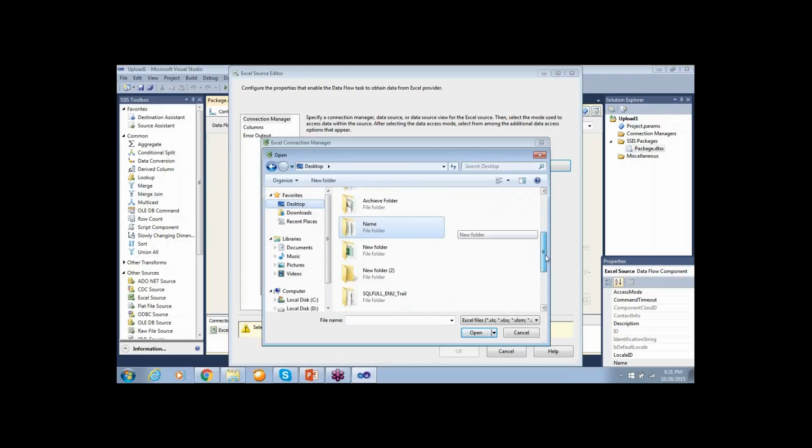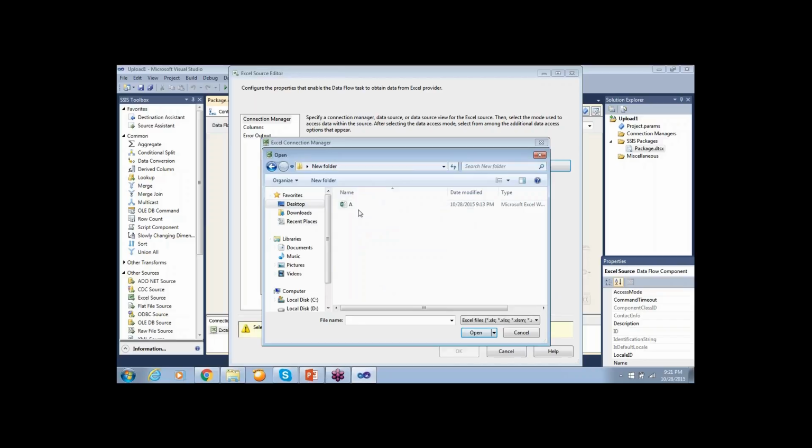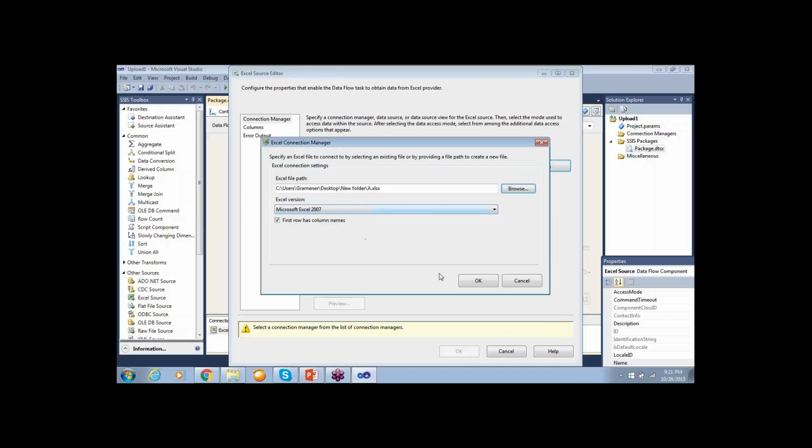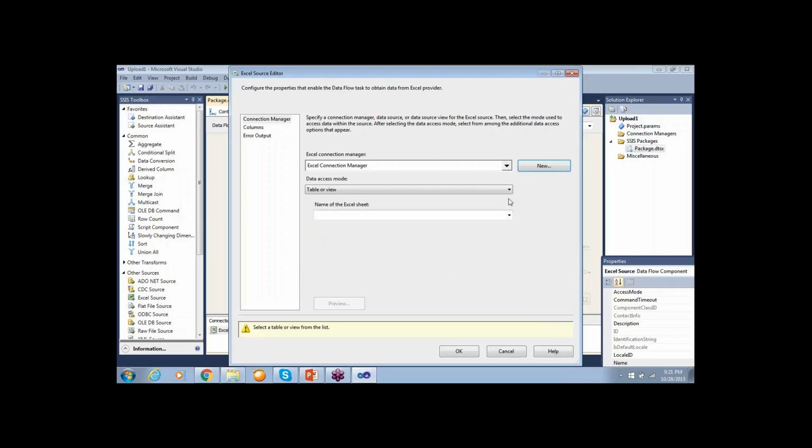I have a folder called new folder. I have file A. Click OK. Data access mode: it is coming from table or view, or table name variable, or SQL command variables. Until we get the name of the Excel sheet,